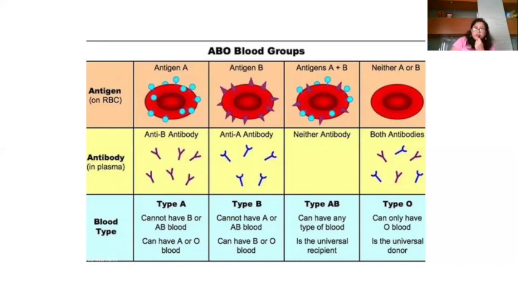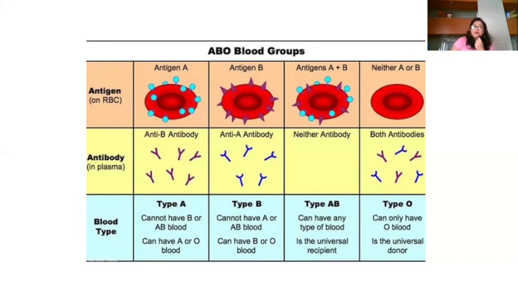As you all are aware by now, both antigens A and antigens B will be present in a person who has blood group AB, whereas their plasma does not have antibody A as well as antibody B. So that means if any blood tries to enter a person who has blood group AB, there are no antibodies to fight it. So it will accept whichever blood is coming.